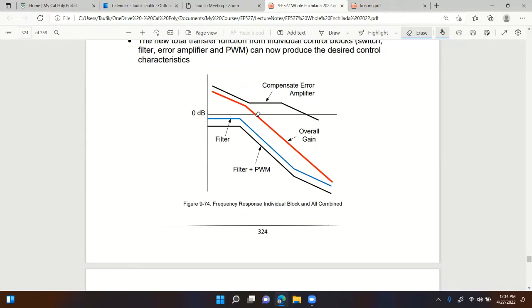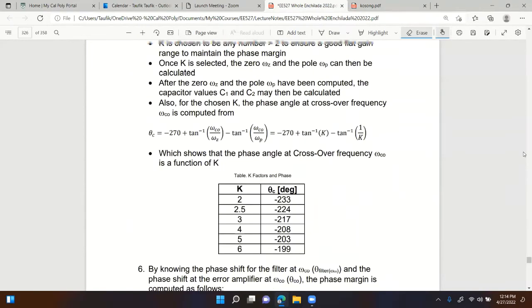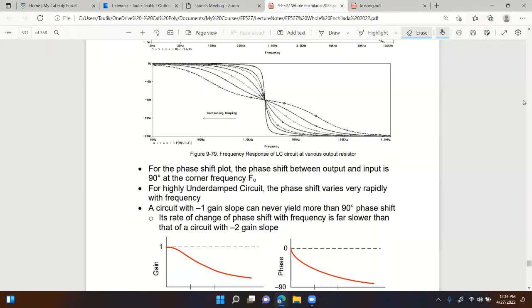And by doing so, we can also have a crossover frequency, right? Before there was no crossover frequency, but with the addition of the compensator, you can get a crossover frequency from which we get the phase margin, right? Okay, so then we went through the method on how to design the type 2 amplifiers or type 2 compensators, right? I won't go through those anymore. And then also we learned about another criteria, which is called